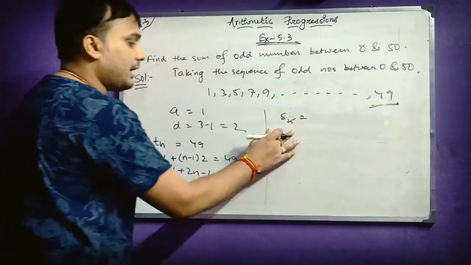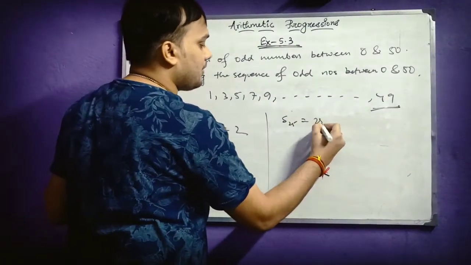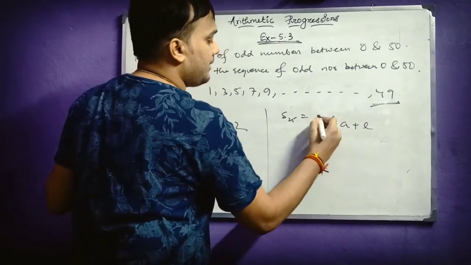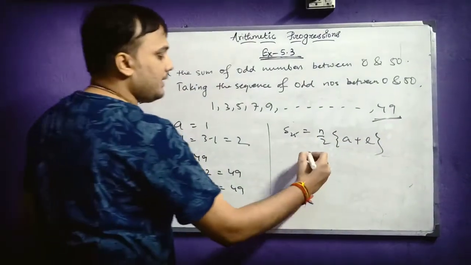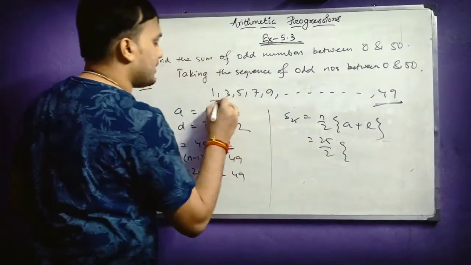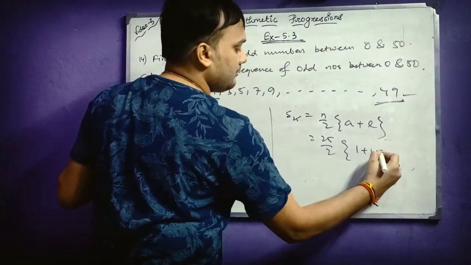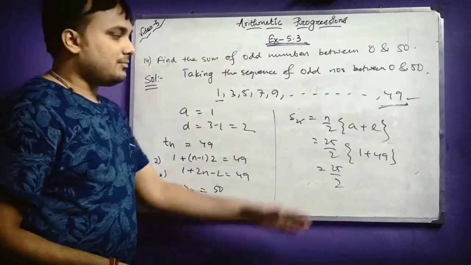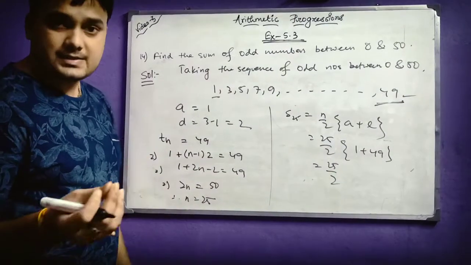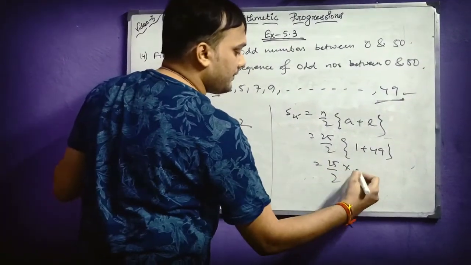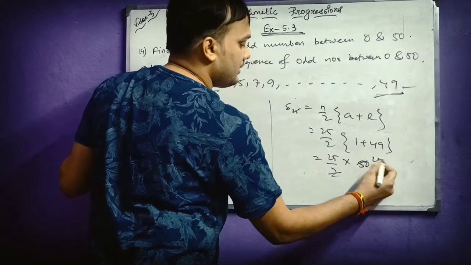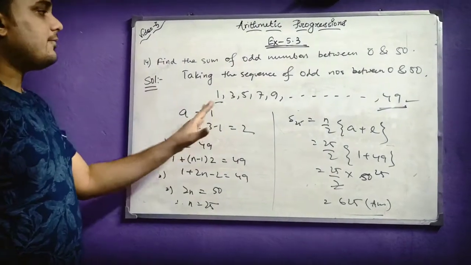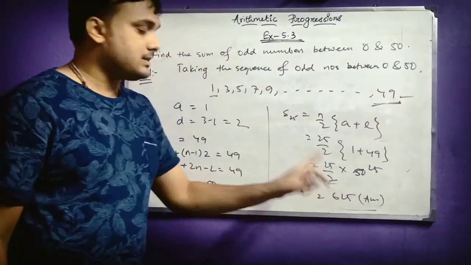Okay, now we can get the sum of 25 terms, as there are total 25 terms in this sequence. I will write now S25. That will be equals to 25 by 2 into A plus L. Okay, let us use this formula now. N by 2 into A plus L. So it will be 25 by 2. A is the first term 1, L is the last term 49. So it will be easier for you to solve. You can use the general formula also, that will also work here, but since this formula will give you the answer in very easy steps, so I am using this. So it will be 25 by 2 into 50. So your answer will be 625. So that means the sum of all the odd numbers between 0 and 50 is 625.